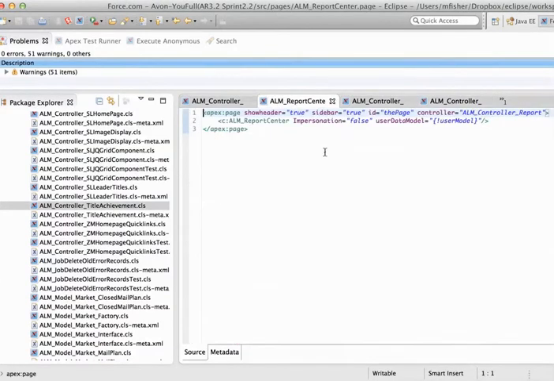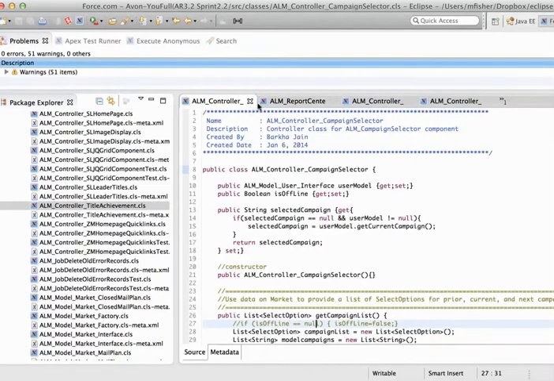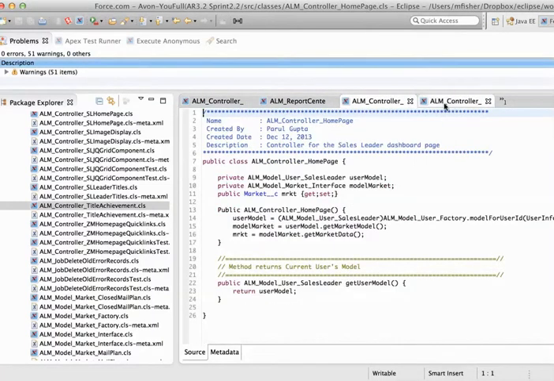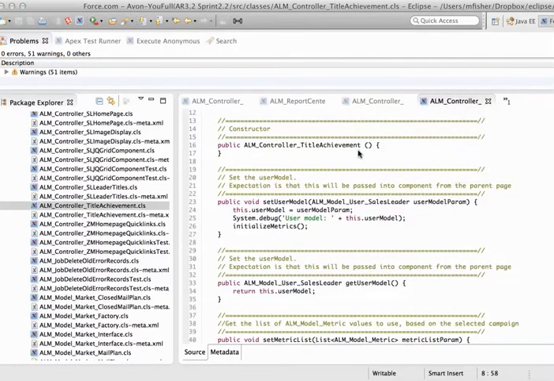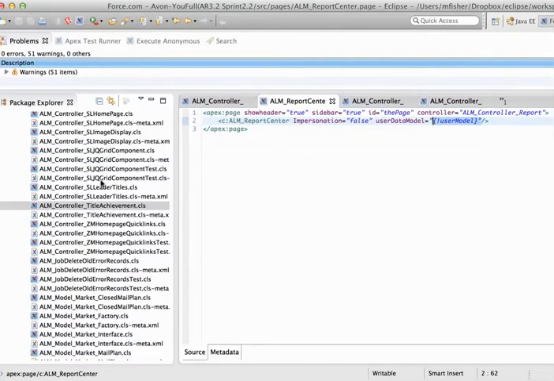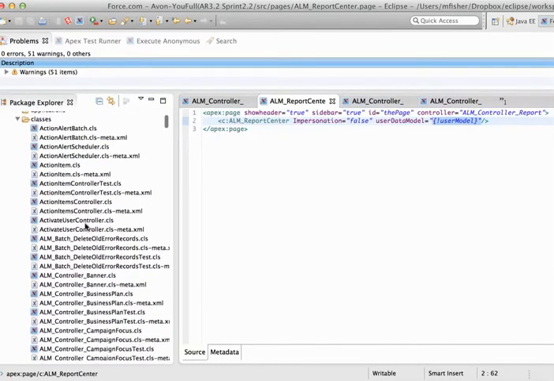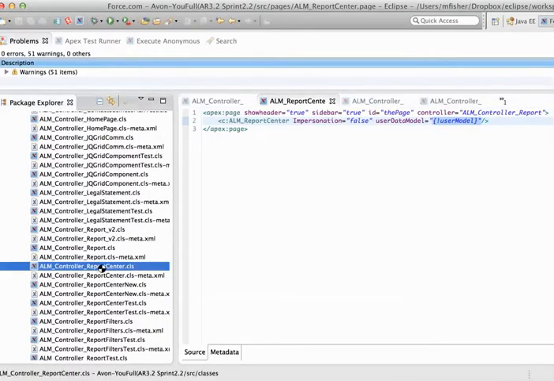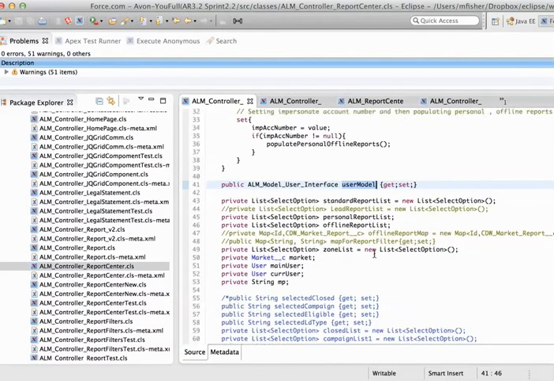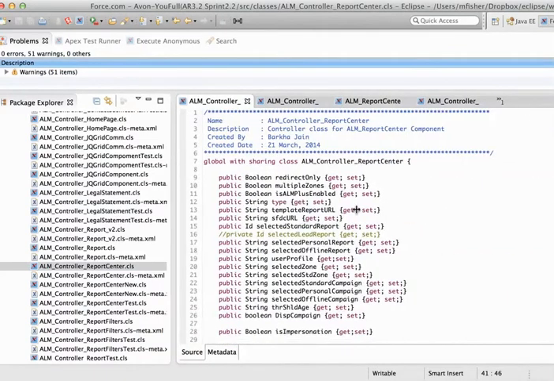And that is we're going from here and we're instantiating the object here and the controller right here, and we're passing it to the component. Then in the component, here, not there yet. Well, on this page, then let me go find the class real quick. Report Center. Then in this component here, what you see is